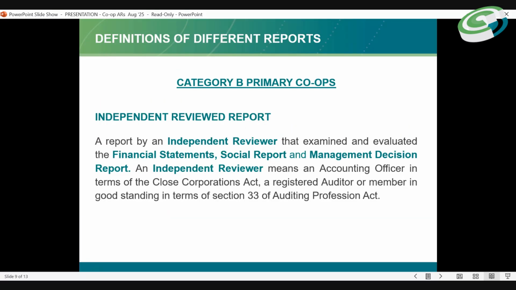This one talks to the issue of the independent review. And what is an independent reviewer? As we've also stated earlier, an independent reviewer means an accounting officer, in terms of the Close Corporation Act, that is the applicable act. So this accounting officer must also be a registered member in good standing in terms of Section 33 of the Auditing Profession Act.